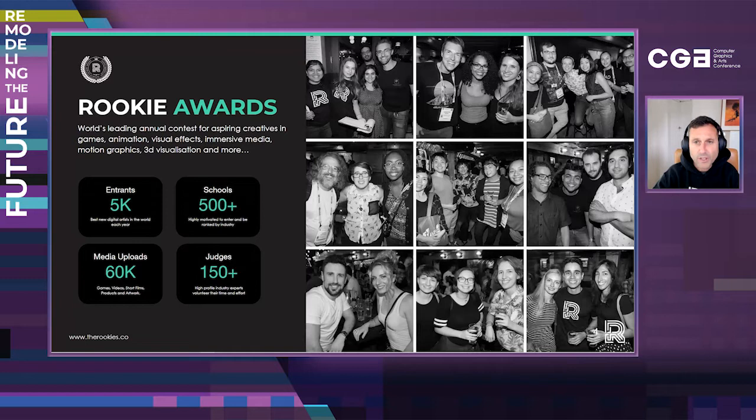So with Stephen, for example, he entered into one of our career opportunity categories, and that was for an internship at Weta Digital back then, which is now rebranded to be called Weta Effects. And we're going to talk about his journey once I get through this. We have over 150 industry professional judges that are looking at your work. So every single person out of that 4,500 entries gets a ranking, gets a score, gets some sort of feedback about their entry. So that's pretty amazing when you think about it.